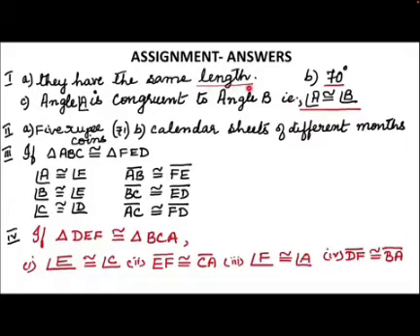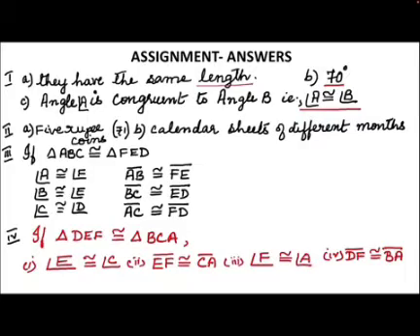Now since we know what congruent figures are, we read it as two line segments are congruent if they have the same length. Second one, among two congruent angles, one has measure of 70 degrees. What is the measure of the other angle? Since the hint is both the angles are congruent to each other, it means that they have the same measurement. So the second angle will also be 70 degrees.